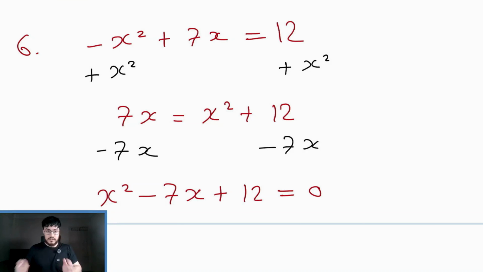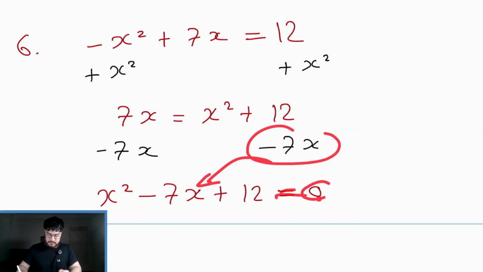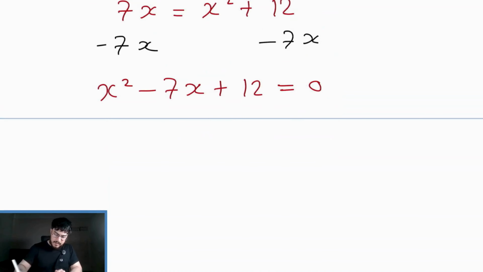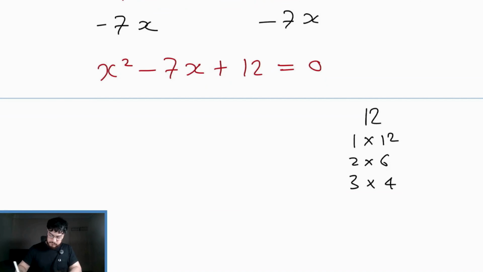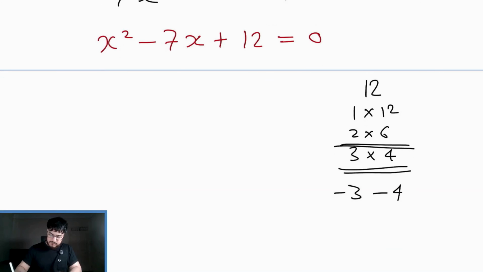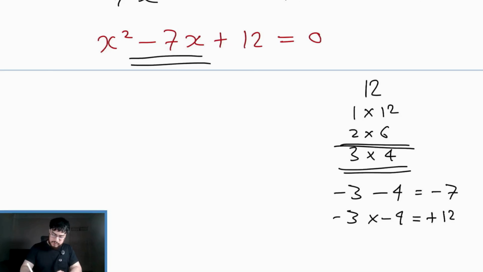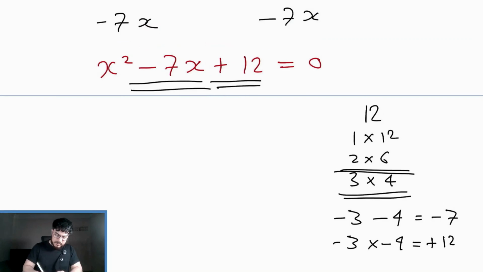Okay, so again, I've not done anything crazy. All I've done is taken this over to the other side, and then I've just put it in the right order, and then it's still equal to 0. And then again, we have 12, 1 times 12, 2 times 6, and 3 times 4. We know that 3 and 4 can make 7. Now we know that minus 3 minus 4 is equal to minus 7, which is what we want. And we know minus 3 times minus 4, negative times a negative, is going to be positive 12, which is what we want. So again, brackets x,